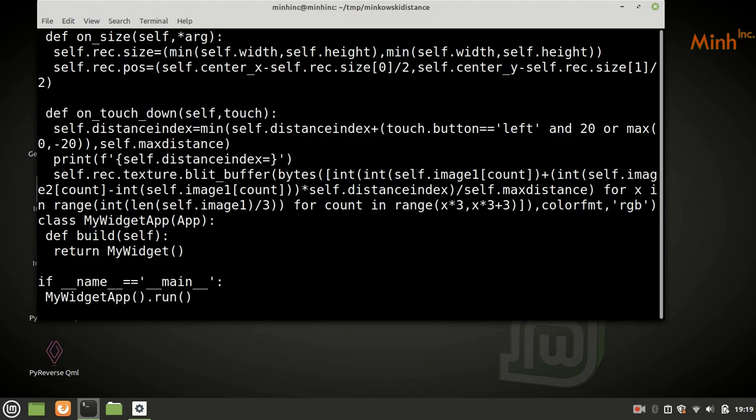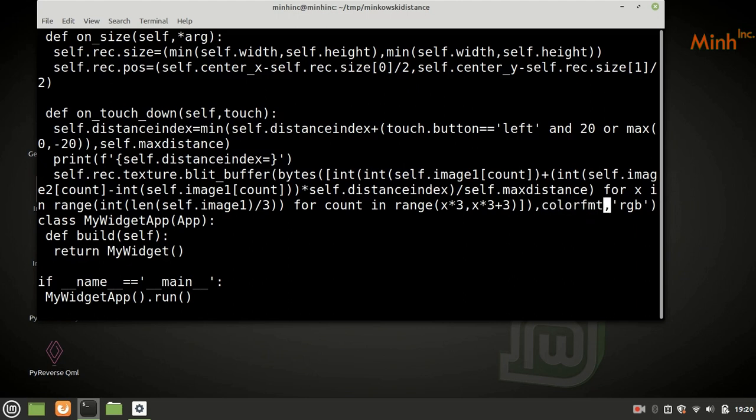For the whole thing, whatever we receive, we convert into int. So we get an int buffer of the ABC. So this formula, now we convert it to bytes, and then in the buffer we pass another variable, color